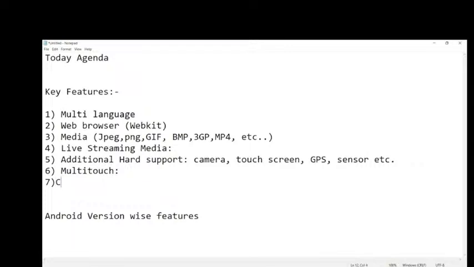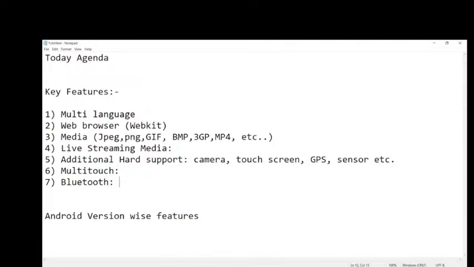And the next is Bluetooth. So Bluetooth can also be supported. Nowadays, the range of Bluetooth has increased through Android support. Why? Because initially we used Bluetooth only to connect a headset for audio and video calls.